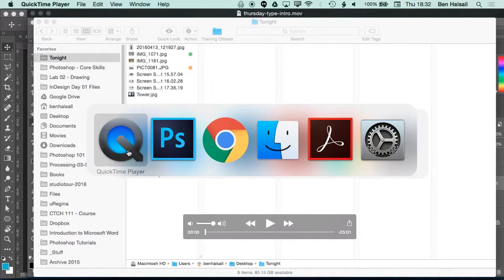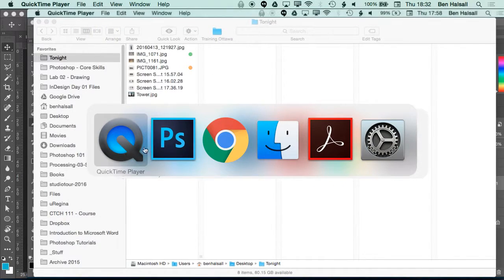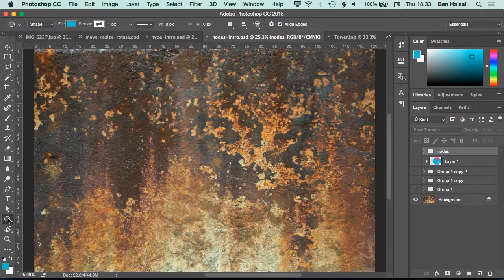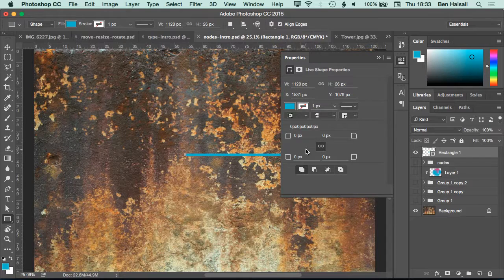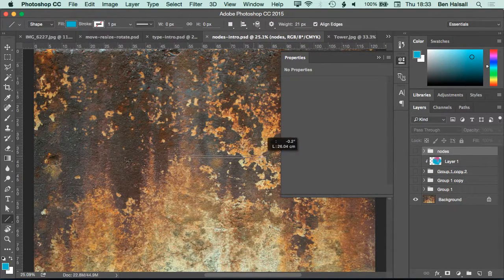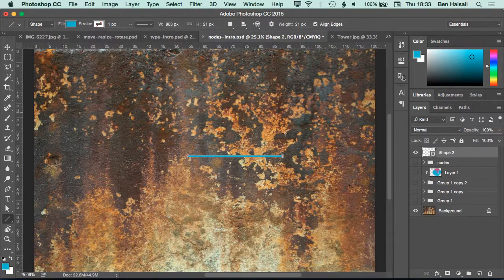Recording, but I was trying to keep it in bite-sized chunks for you. Okay, so very quickly, come to the top here. I'm going to make a new layer with my... Oh, I didn't mean to do that. I need to use the line tool. Okay, so I'm making a line,